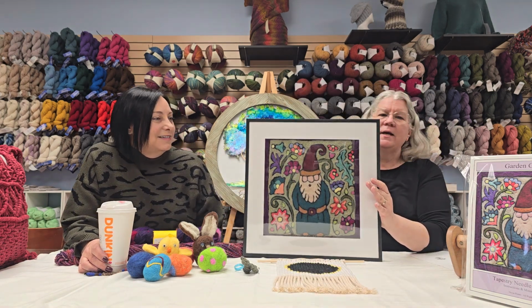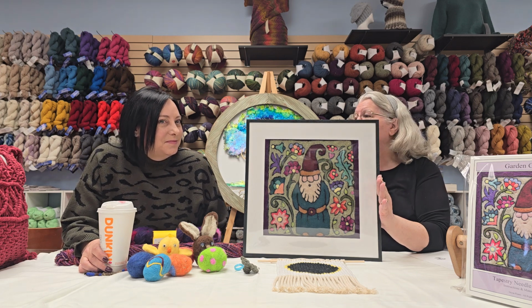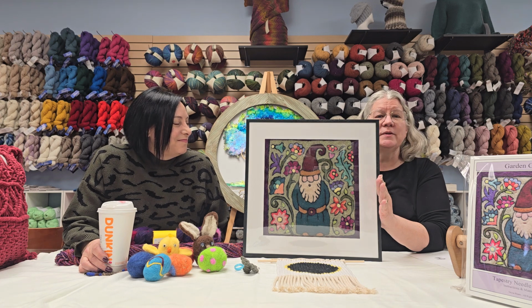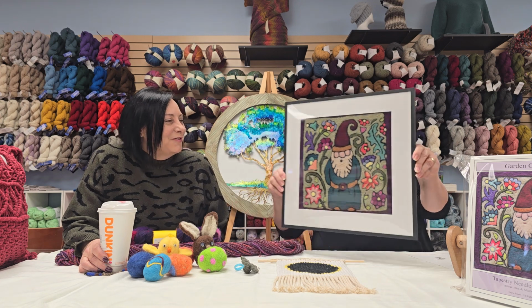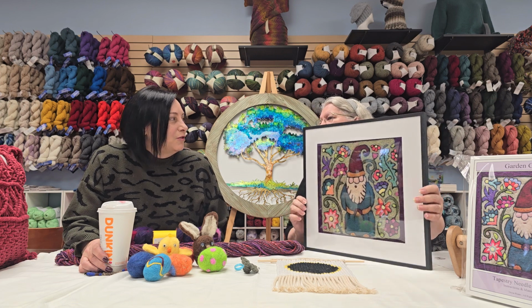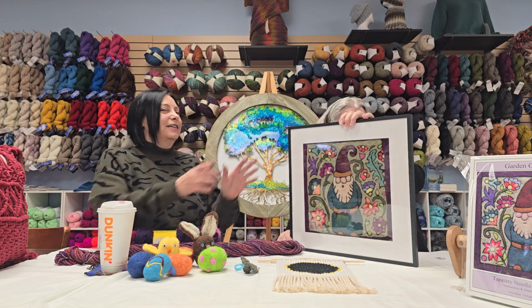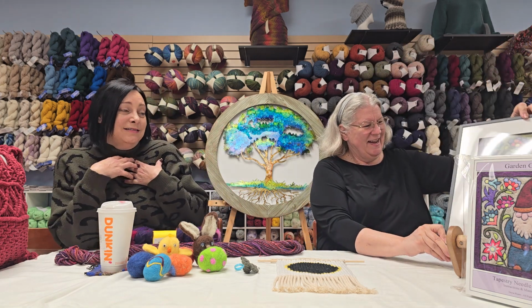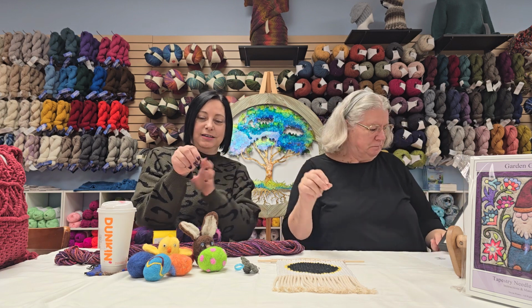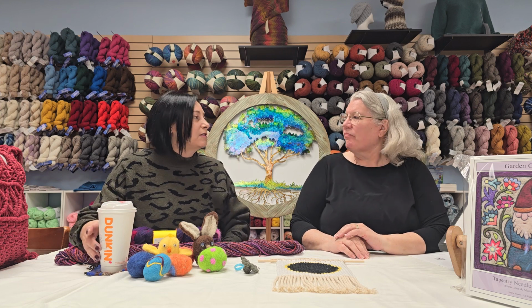This is the gnome kit complete. This was the first one I did, and we framed it, and it's gorgeous. I love doing this. It's fun. I never finished my first one. What was the first one? The peacock or the rooster? No, the rooster. Oh, the peacock, I started it for 2 seconds and went, Regina, here, take the peacock. It hurts my hands. I have really bad hand issues, and doing this motion kills my wrist. So we leave my rooster hanging in the store as a...